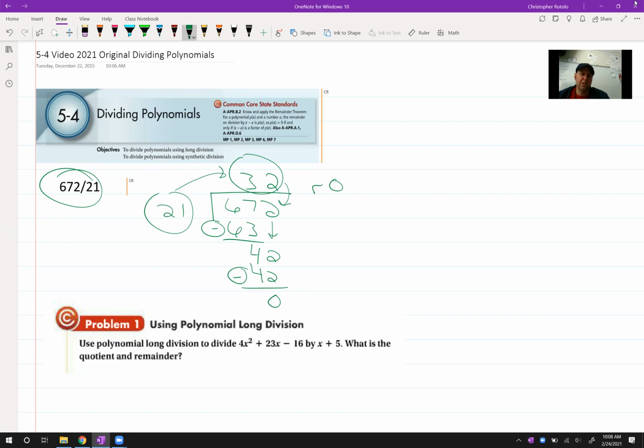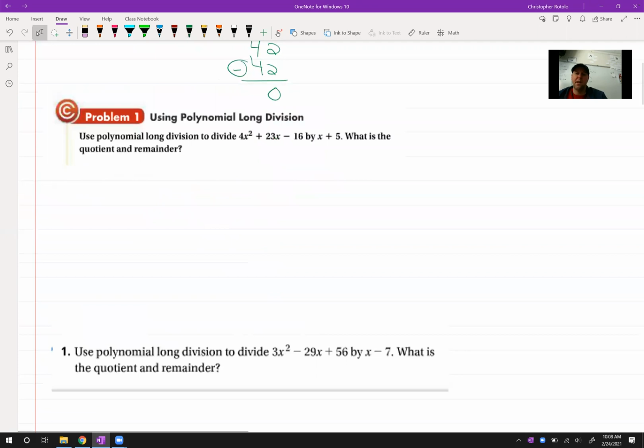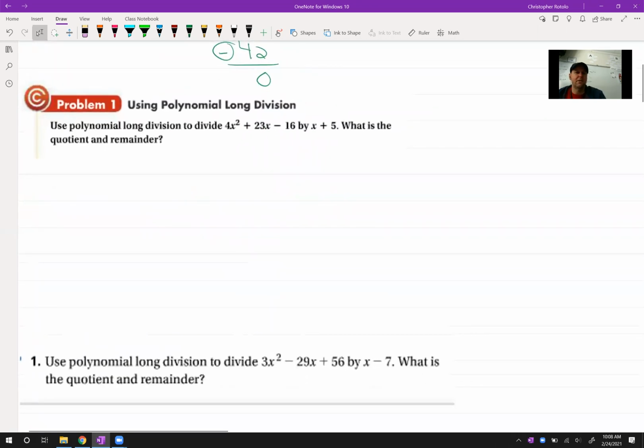Now what we're going to do is change this out. We're going to use it with polynomials. You see that below. All right, but we have to have that idea of what's happening. So only a couple problems today. We're going to make sure we take our time and you understand what's happening so we can get to where we need to be. Okay, so x plus 5 is out here